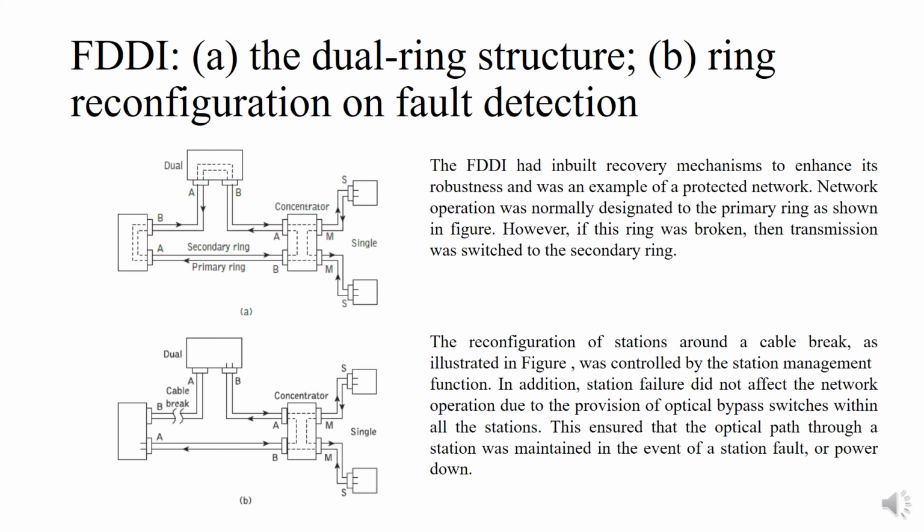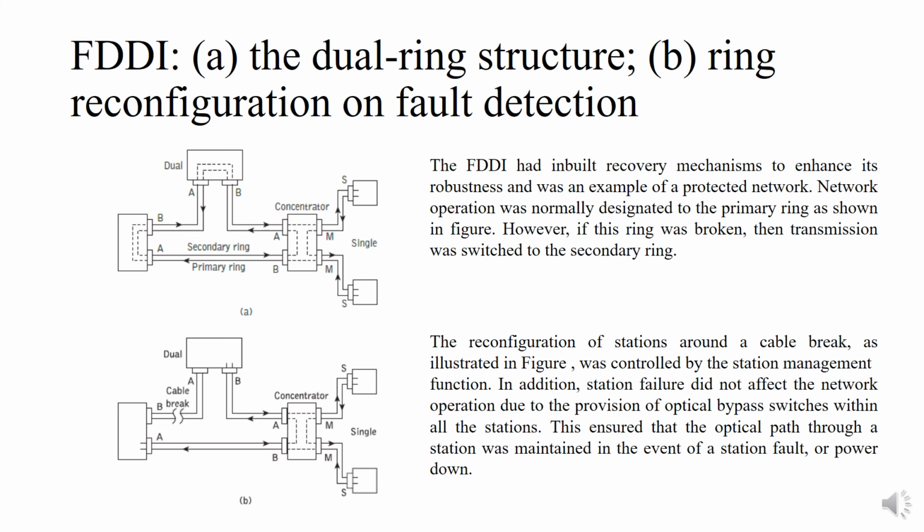FDDI has several features. It has a physical layer which is divided into two sublayers, that is the physical medium dependent layer and the physical layer protocol. Interfacing between the PMD and the data link layer is provided by the PHY layer, that is the physical layer protocol. The MAC of the data link layer is taken care of by the MAC layer. Finally, it also has a station management layer, that is SMT, that controls the processes within the stations, including configuration, fault tolerance and link quality.